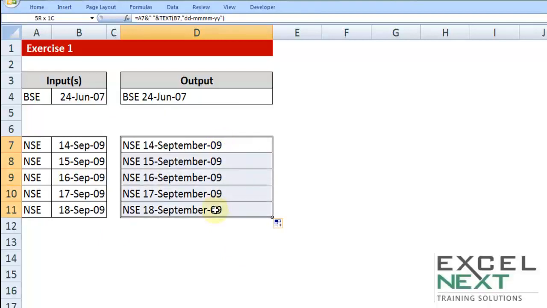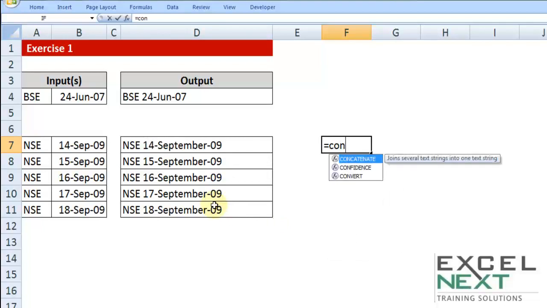I will also show you how do you perform this technique using the formula concatenate. So let me show it to you. In column F, equal to CON, I can use the formula autocomplete by pressing the tab key right now. So let me choose the first text, putting a comma as what the hint asks me to do so. Double quotation open, space, double quotation closed, comma.